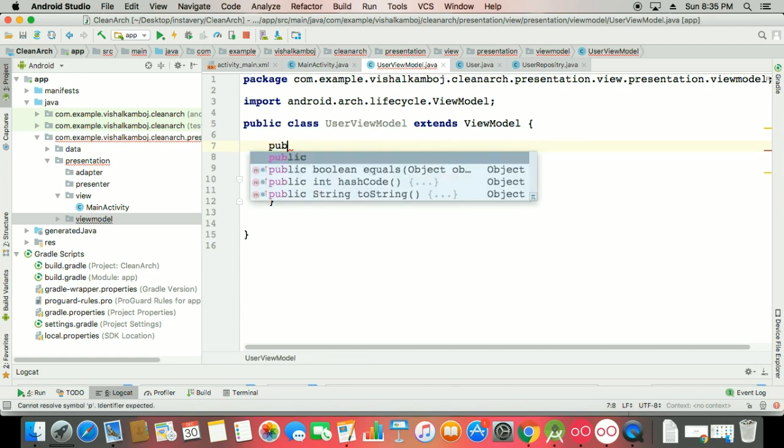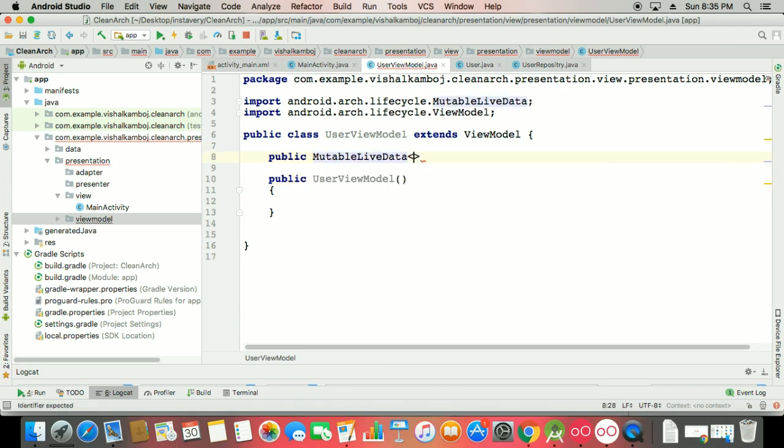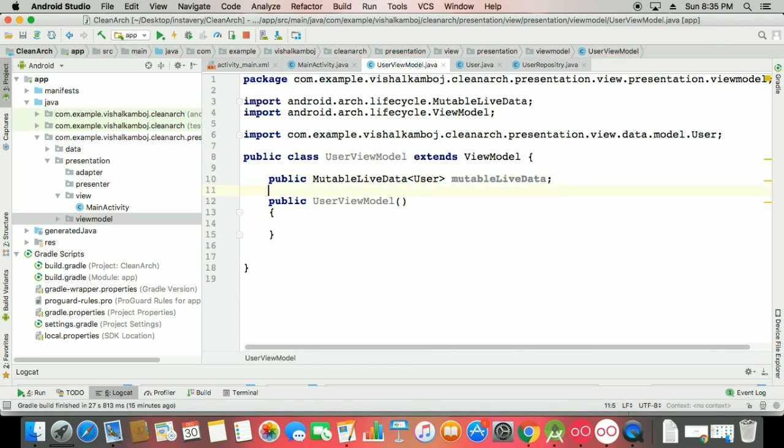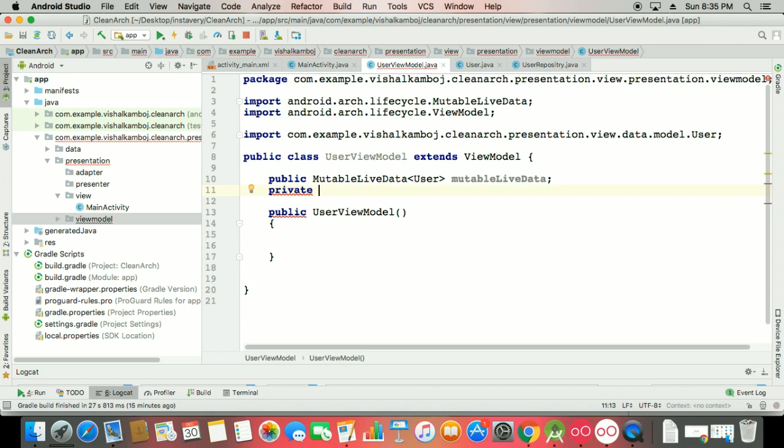So here I have to access that. In the view model I'm just making a public mutable live data because I need to access it. So mutable live data is your user, and that's your mutable live data. Also I want the repository to be called here because I need to communicate with our repository.